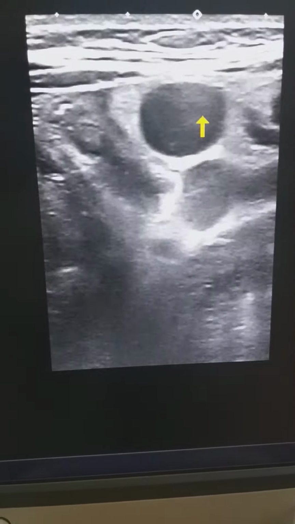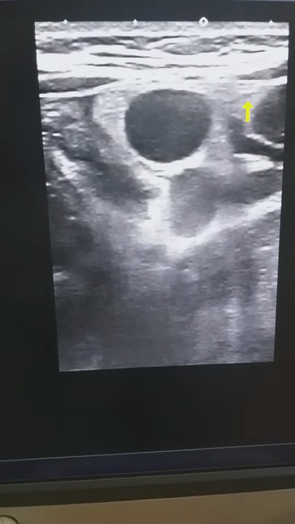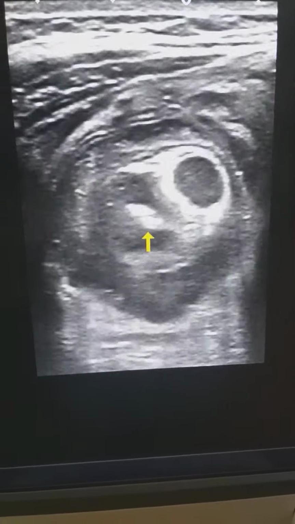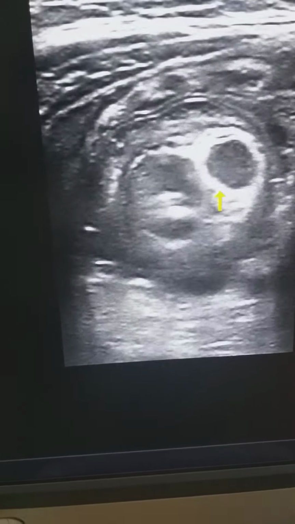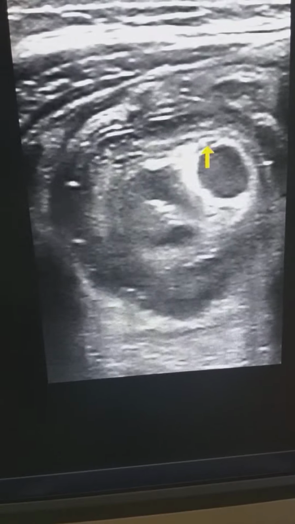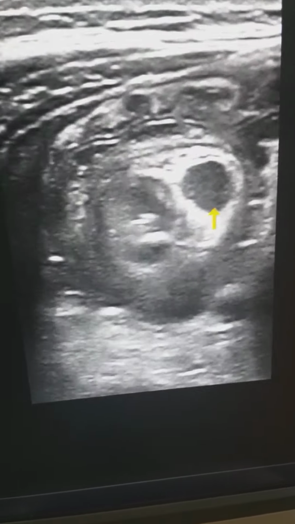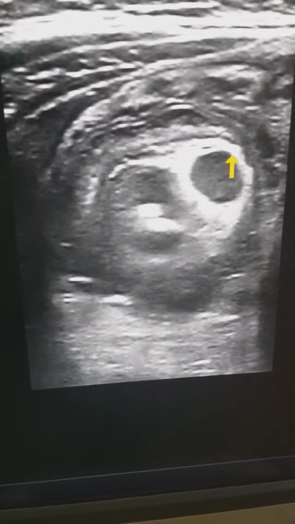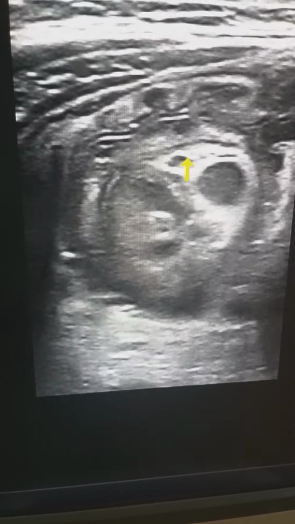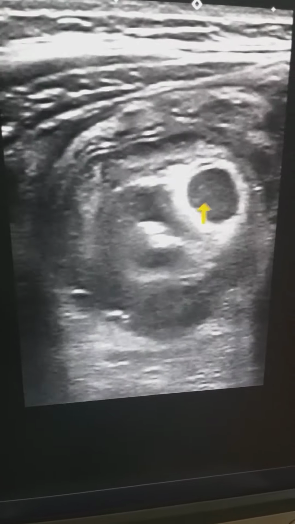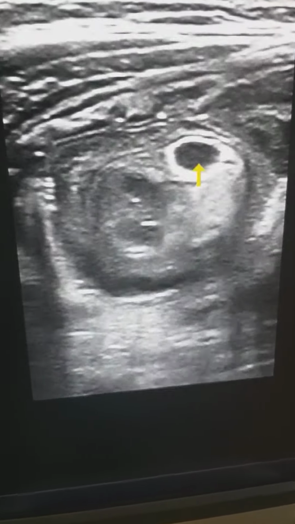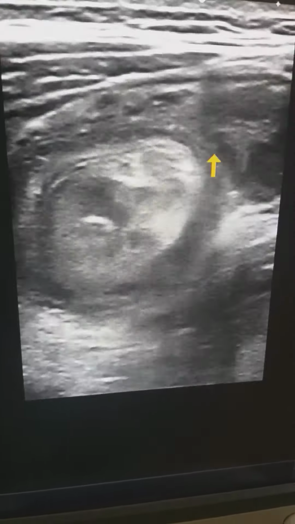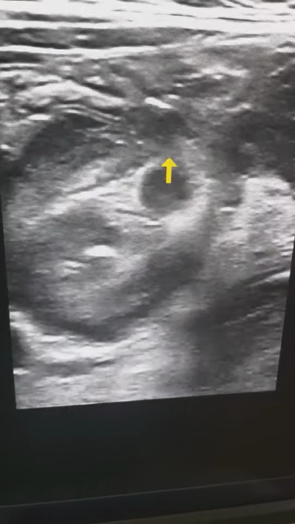So here we can appreciate that multiple enlarged lymph nodes are present, and if we closely observe the intussusception, we can appreciate the lymph node within the intussusception. You can appreciate that this lymph node is present within the gut loop. So these lymph nodes may be the lead point